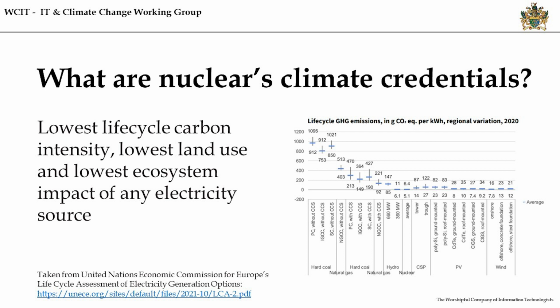Okay, in terms of climate, nuclear has the lowest life cycle carbon intensity of any energy source. That's including renewables, including wind and solar. It also has the lowest land use, because of the energy density of your fuel, you can have your large power station on a really small footprint. Compared to a wind farm that needs a large footprint, a nuclear power station is very small. And with that, it has the lowest ecosystem impact of any electricity source, because you can measure it, you can manage your site very precisely because it's so small.